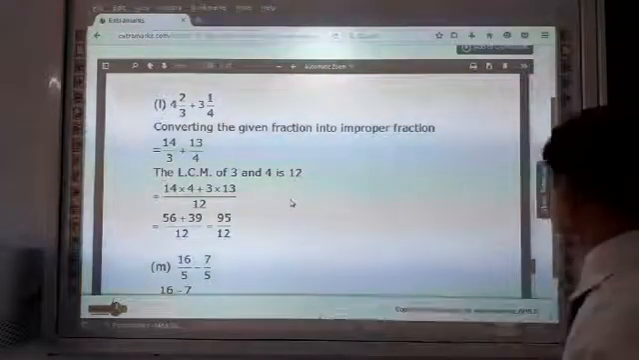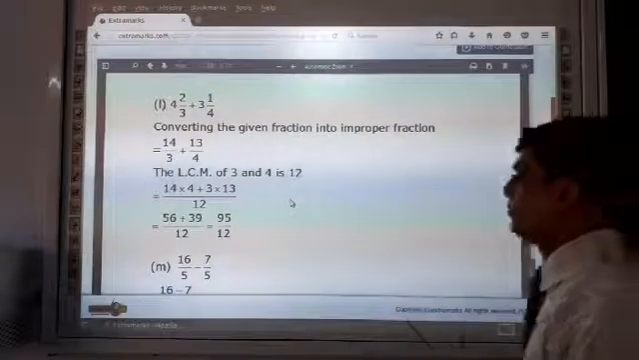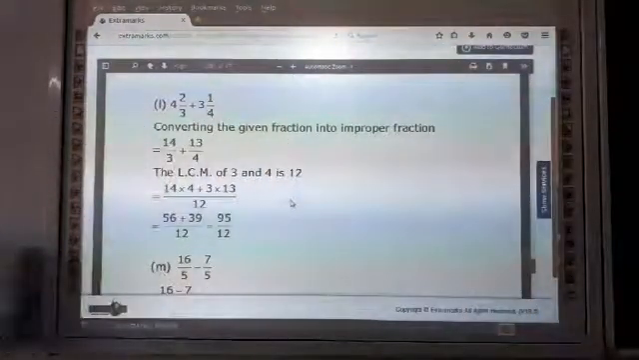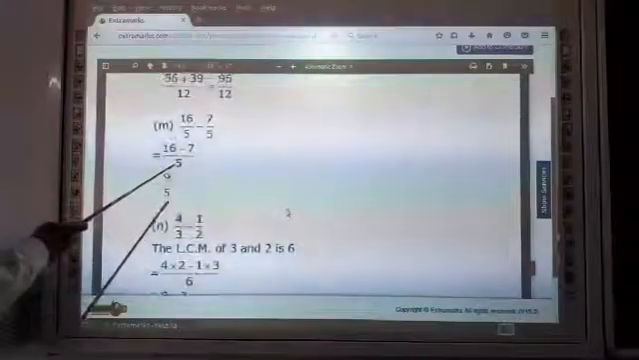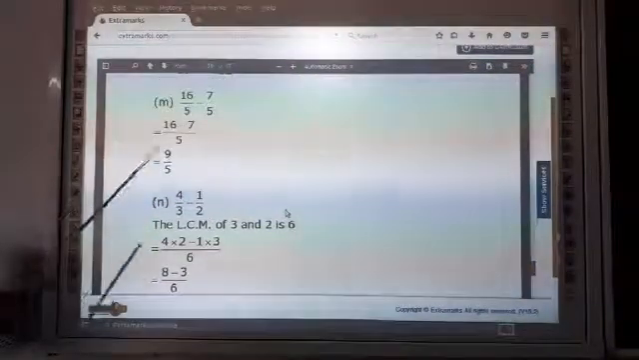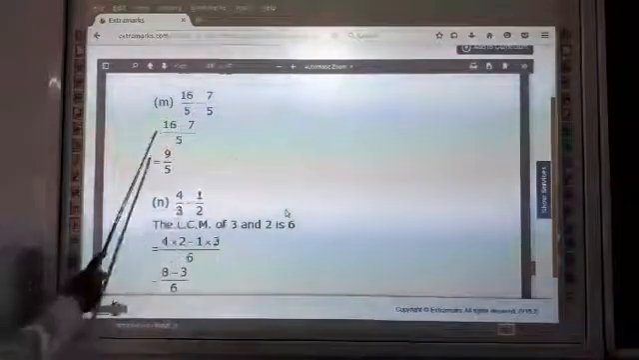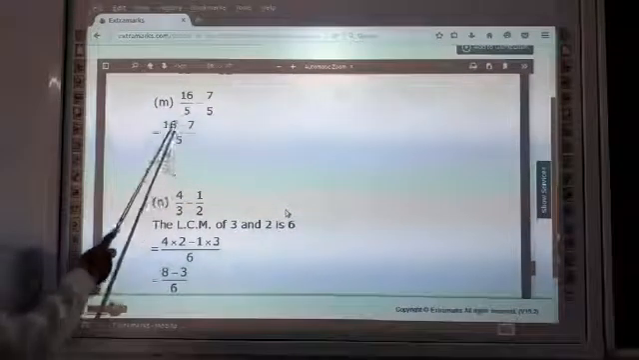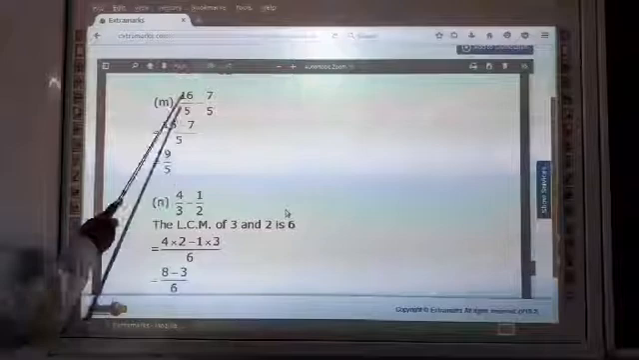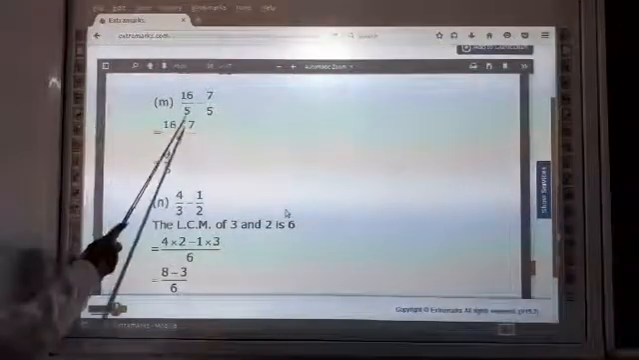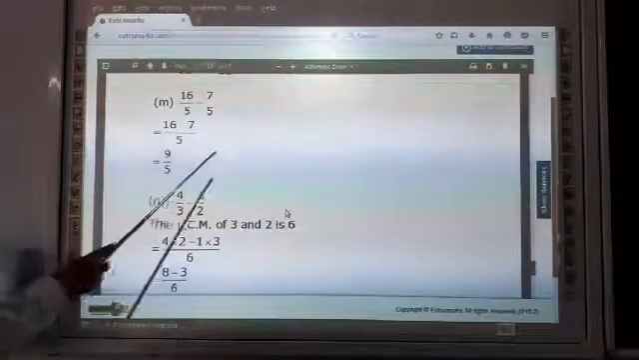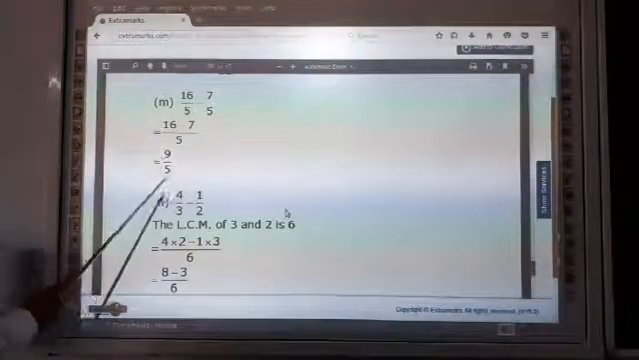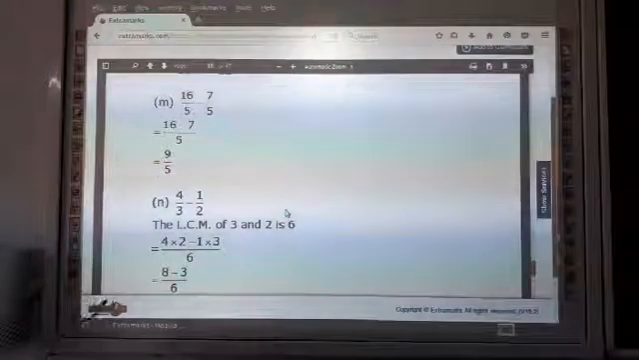Now next question. N is equal to 16 upon 5 minus 7 upon 5. LCM is 5. 5 ones are 5. 16 ones are 16, minus 7 ones are 7. 16 minus 7 is equal to 9 upon 5. Next is